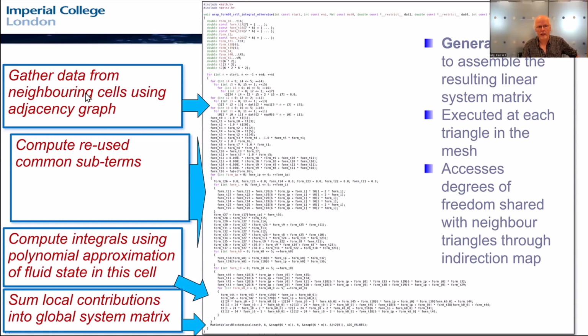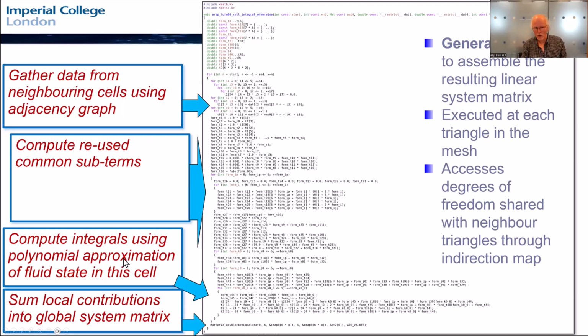What's going on is, firstly, at the beginning and at the very end, we're capturing the data that the kernel depends on from the mesh. So we have an abstraction in the compiler toolchain for a declarative specification of how a kernel should be fed from the mesh, and that yields this code here.